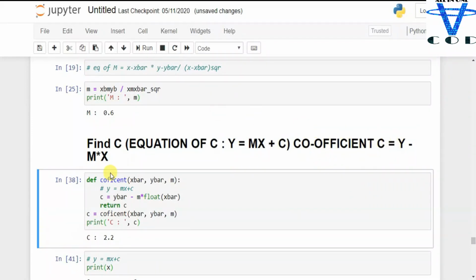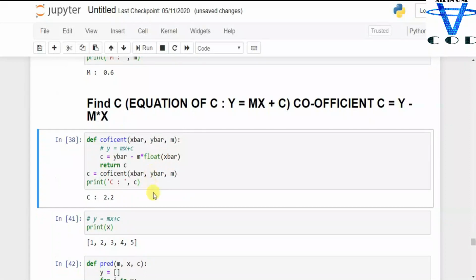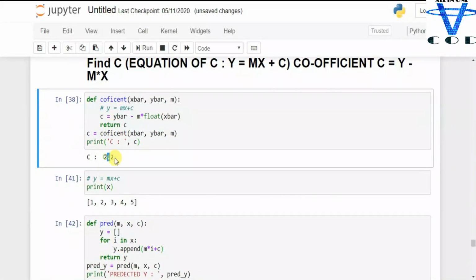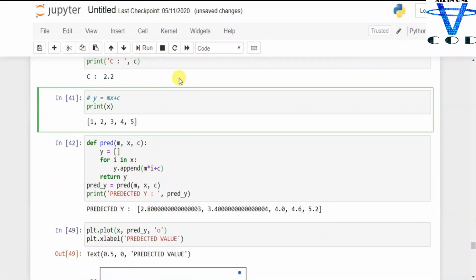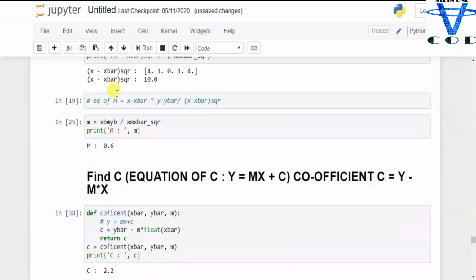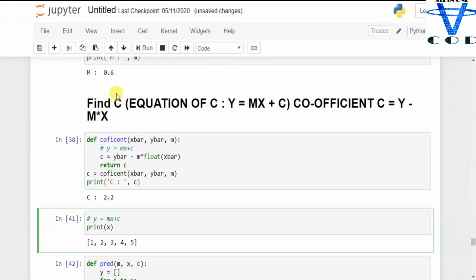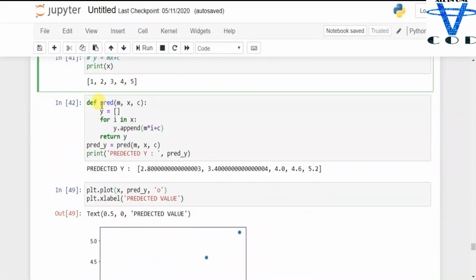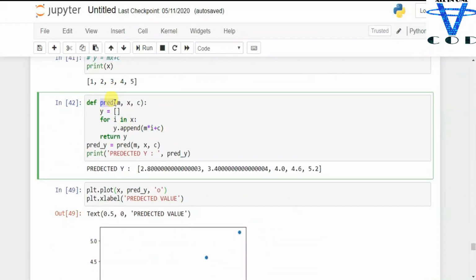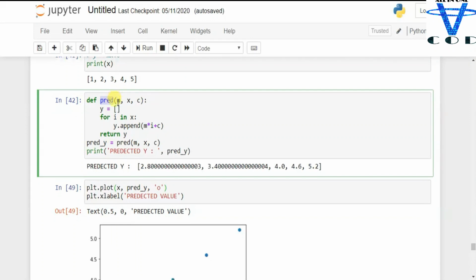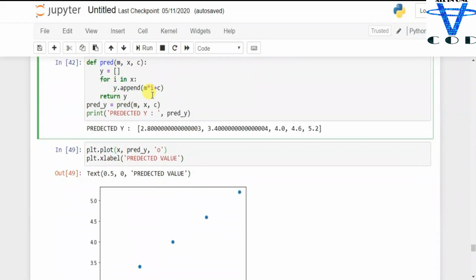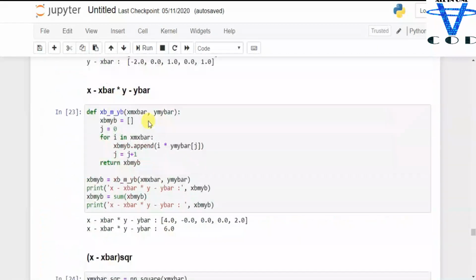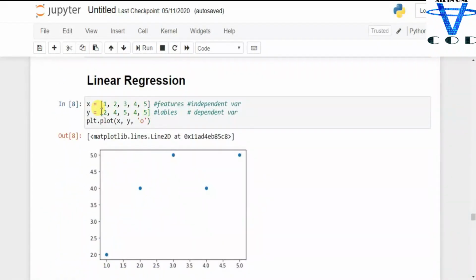Now what we are going to do is find the predicted value. What have we done in here? You can see we found the predicted value, it means we found the predicted y. We change this y into this predicted y. I just told the computer the y should be like this.